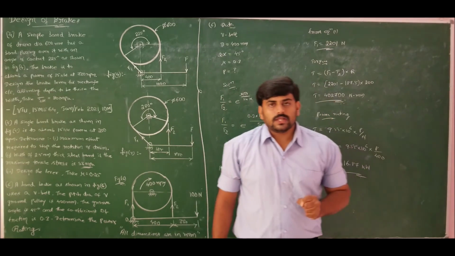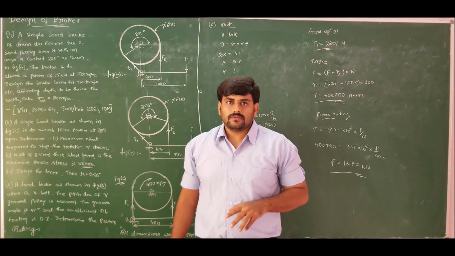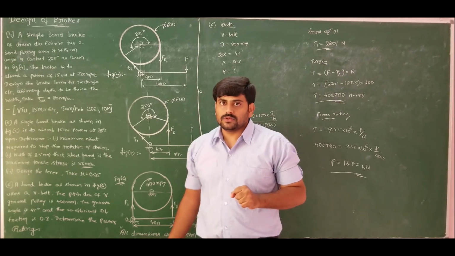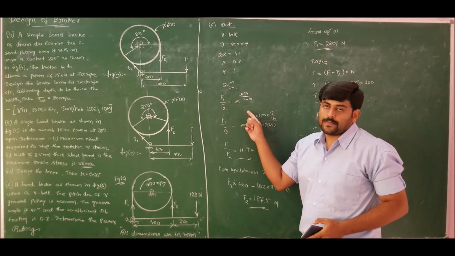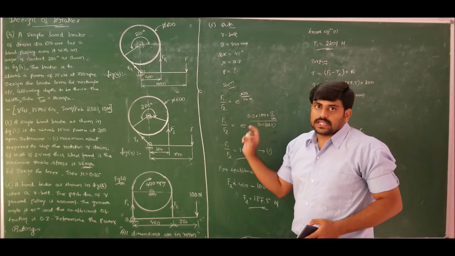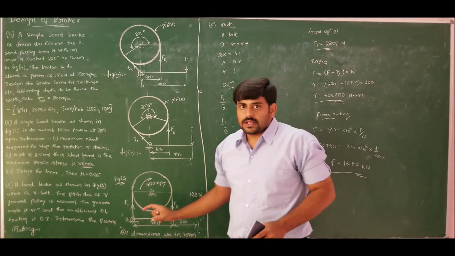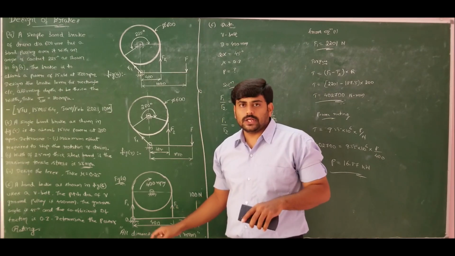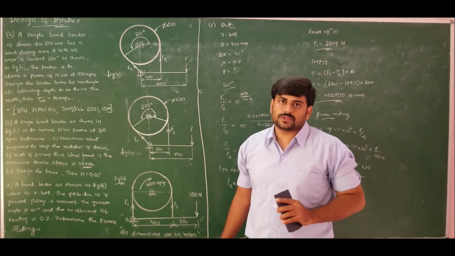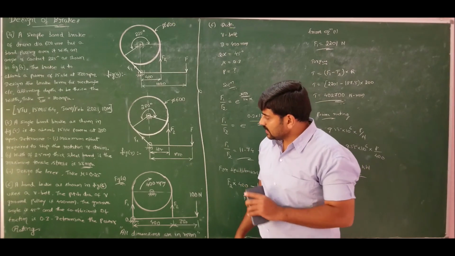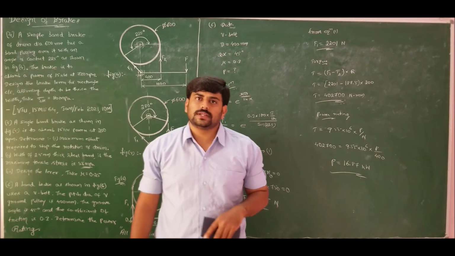One very important note is that always we will assume that the band is made of flat belt. If he gives a V belt, then we should use the only change, that is T1 by T2 is equal to e power mu theta by sin alpha. Else it is e power mu theta itself. And also for problems, instead of representing the tensions as T1 and T2, here we are representing them as F1 and F2. Don't get confused. This is because in our data handbook he has used the tensions as F1 and F2 itself.